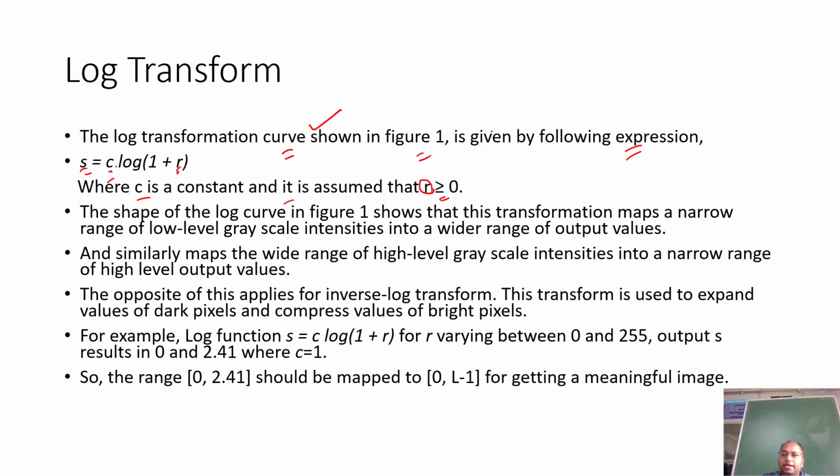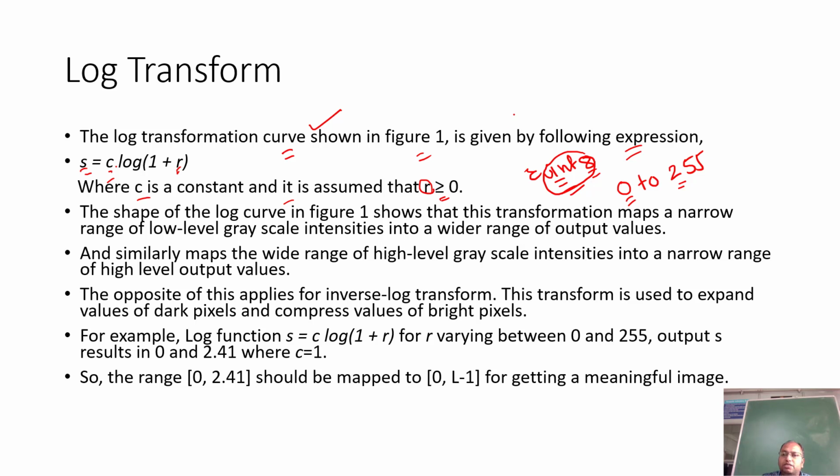Remember that r may be in terms of unsigned integer 8, or unsigned integer 16. It will hold values ranging from, let us say, 0 to 255 if r is an unsigned integer 8 type variable.